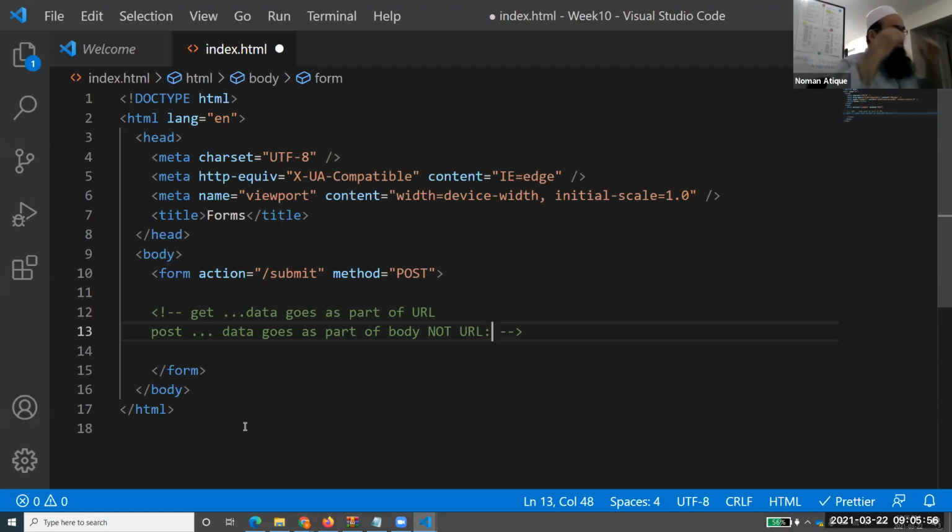Let me clear a few things for you. When we are using those APIs to fetch something from the internet, we use the get method: go and get this. And the post method, as its name suggests, is for when I have to submit a form, or submit data to some other page; I will say that I am posting that data. So at the API level, these are the two differences. But at our level, because we have just started forms and we are very new to this concept, I'm giving you a very easy concept.